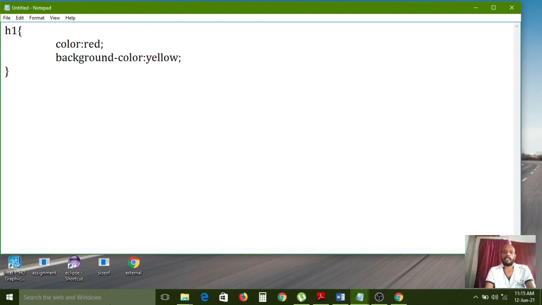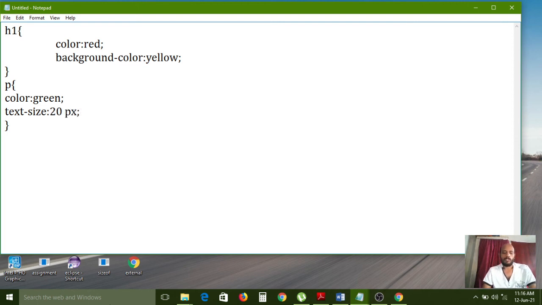Next, one more tag is there now. For the paragraph, again I am creating one more style: color colon green. Okay. Text-size 20 pixels.